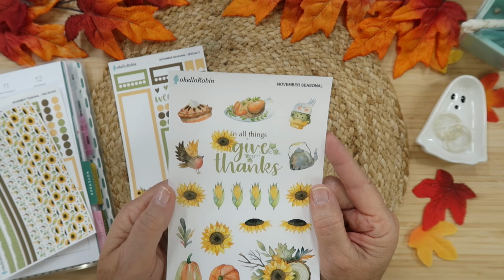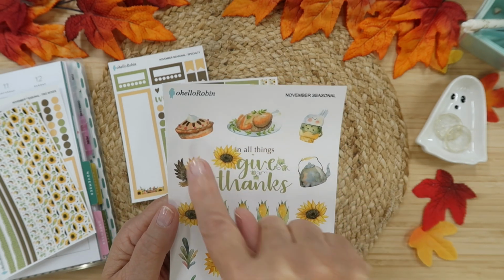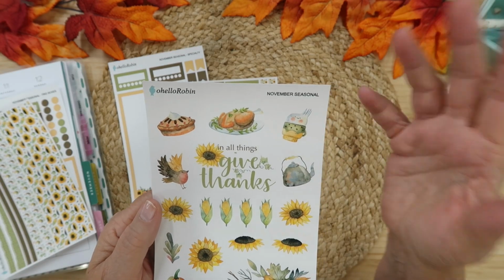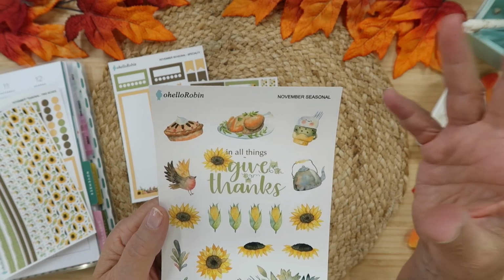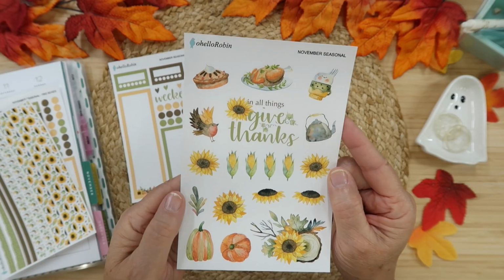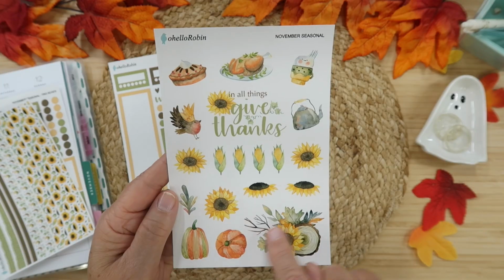But we also have the Thanksgiving. We have a Thanksgiving turkey here on a plate. We have a pie. We have a mug with some, I think that's frothy stuff, but I like it because he's cute. We have a tea kettle, and we have this really cute bird. So in all things give thanks. We have thanks around our table, but we have thanks out where we got it all. So we have